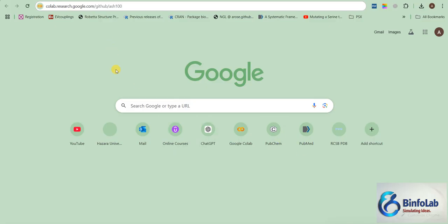Okay, first of all, you have to open Google Chrome. I'm using Google Chrome, whatever you are using, that's up to you. And type colab.research.google.com/github